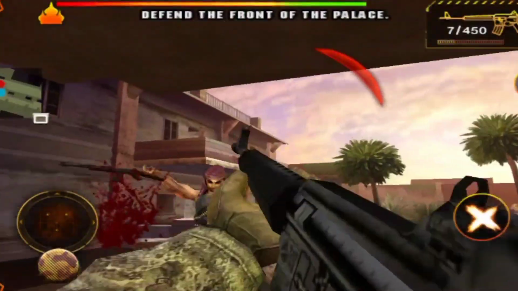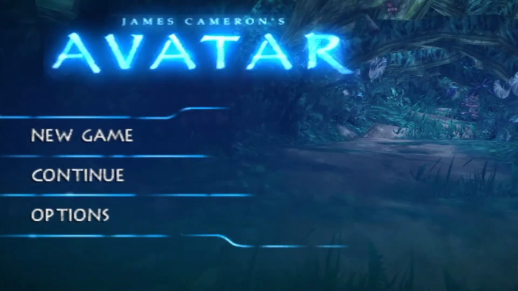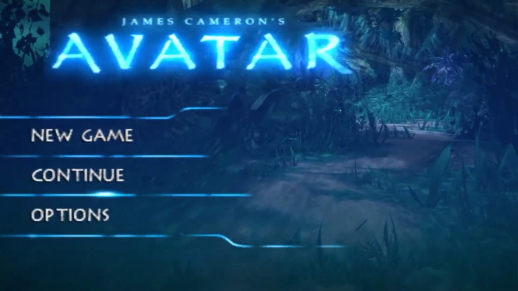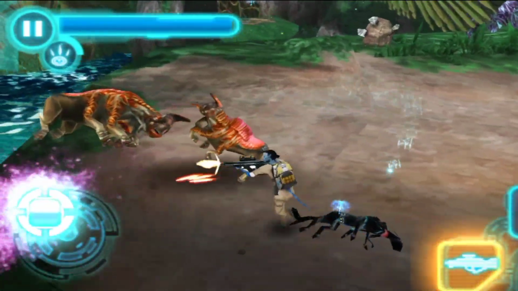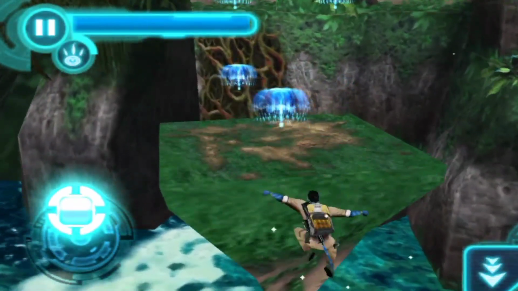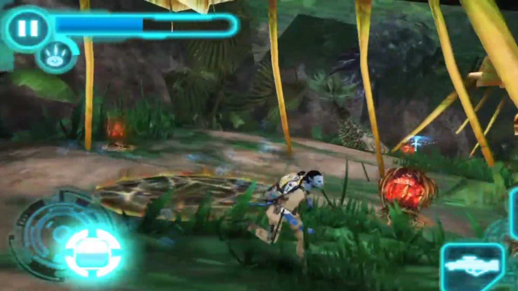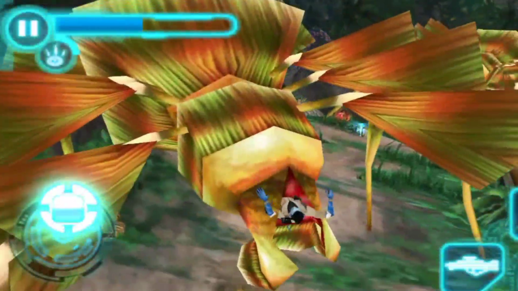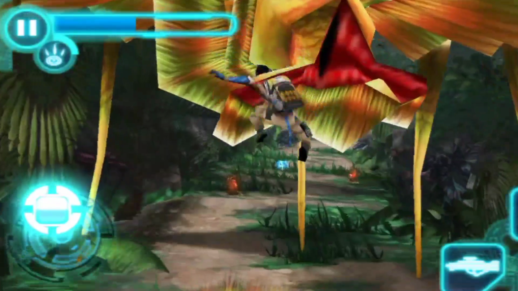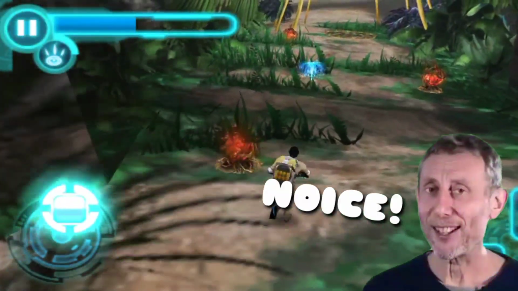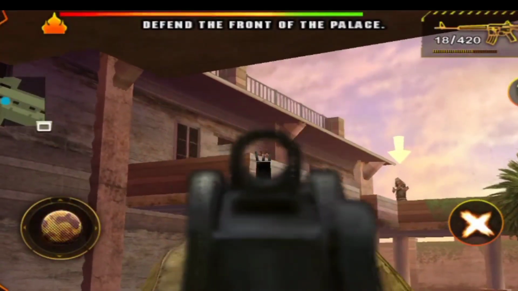The graphics are somewhat comparable to an early PS2 or a late PS1 game, with decent gun reflections, animations, and textured environments. There is also James Cameron's Avatar, which is based on the hit 2009 film of the same name, which features varied stages with graphics on par with some PS1 titles, just with an HD resolution twist. And mind you, even to this day, when I play these games with a modded APK, thank God I'm on Android, these games look pretty cool, even if I play it today.